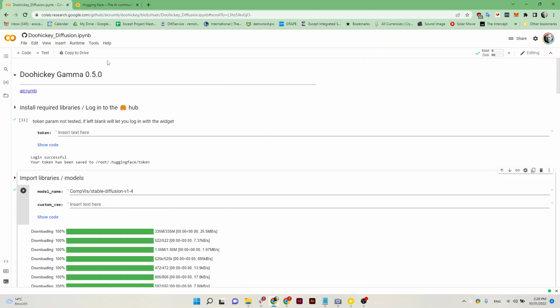And then you go to the Google Colab. I'm using the doohickey diffusion model. You can really use any that are there. The link to this one is down below. So you can use this as well. And this is a nice and complete one. So with the doohickey, what I'll do is just